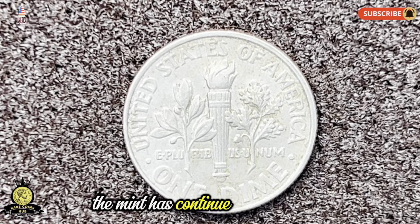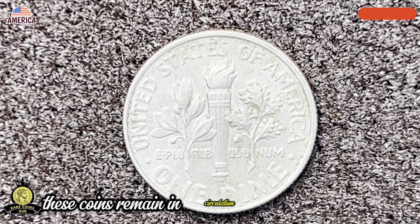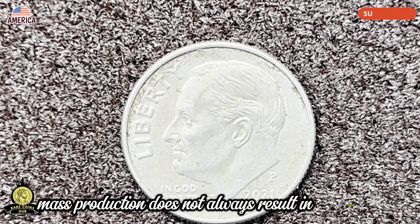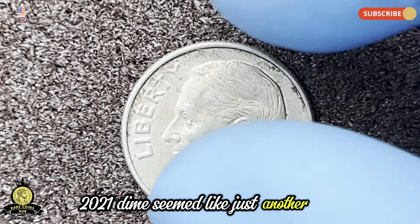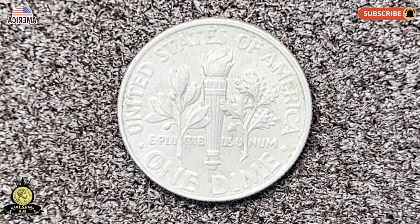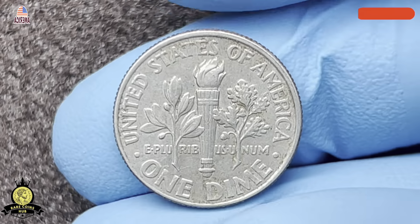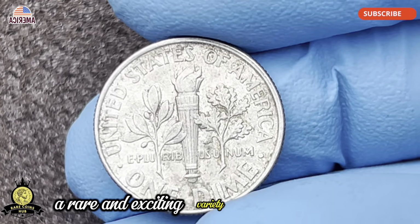The Mint has continued to strike dimes in large quantities, ensuring that these coins remain in circulation across the country. However, as we know, mass production does not always result in uniformity. Even though the 2021 dime seemed like just another coin in a long line of similar dimes, there was something unique about it, a detail that collectors would soon discover and that would set this particular coin apart from the rest. While the majority of the 2021 dimes were struck without any major issues, a rare and exciting variety emerged